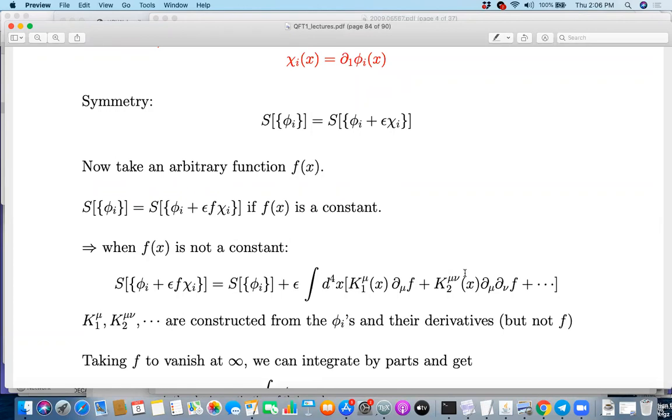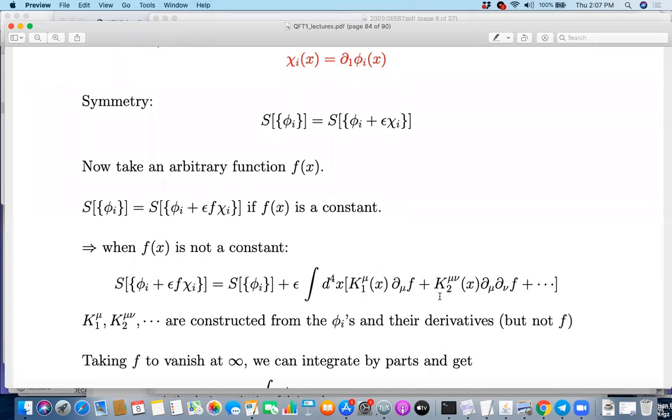No questions? Sir, is it just like a derivative expansion we are doing in this? Well, you can say derivative expansion only to first order, right? So you are keeping terms up to first order in epsilon and hence first order in f. But f of course is a whole function. So when you vary, you will get something that is linear in f, but it can involve an arbitrary number of derivatives of f. It's not a Taylor series expansion that you are doing here.